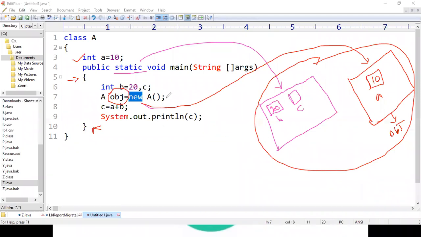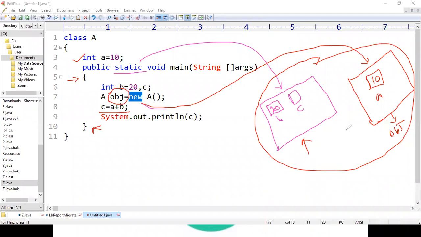So now after executing this one, the compiler will start executing C equal to a plus b. So here the compiler will search for C, search for a, and search for b. When it searches for C, a, b, C and b will be found here. So the compiler every time points to this pink color memory.